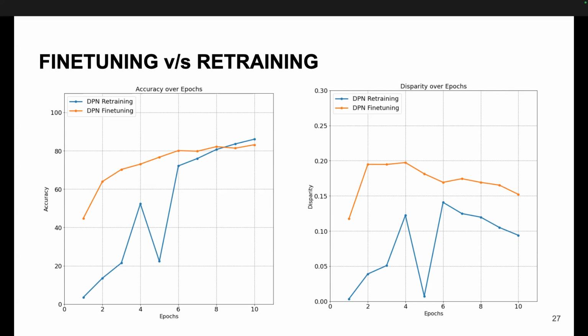Secondly, the one which we are fine-tuning starts with a quite higher disparity. This could perhaps be because of dataset bias or representation issues that exist in ImageNet, the pre-training dataset. But this is also a bit sad, because through Hugging Face or TIM we have access to a plethora of pre-trained models, but this means that we cannot directly exploit them for, for example, face recognition, which is also a type of classification task. So it would be very interesting in future to see how we could exploit these pre-trained models and align them to be more fair.